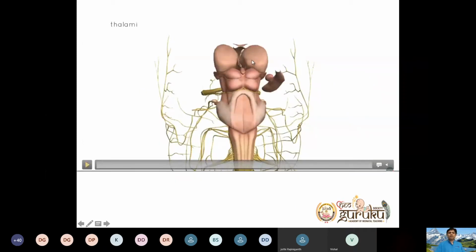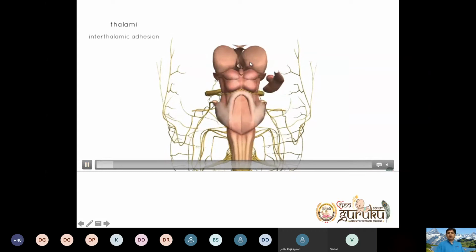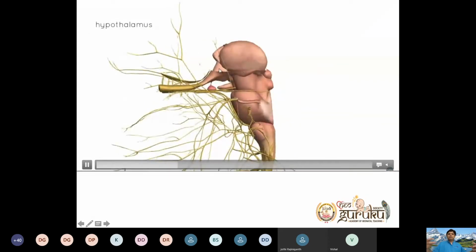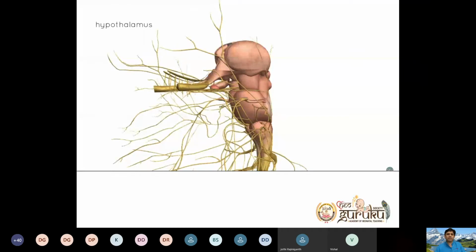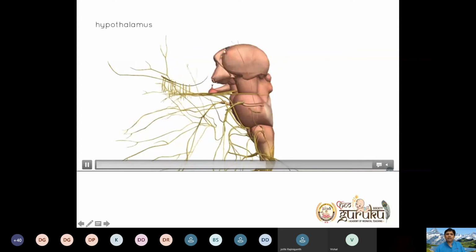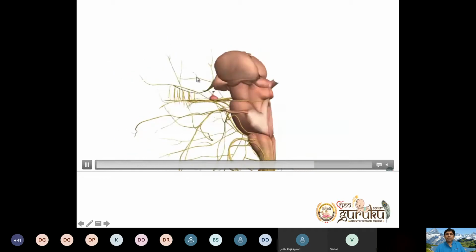This is the other video which I was talking about. This is your thalamus. In between thalamus, you have your third ventricle. You can see the interthalamic connection. So it pierces the third ventricle. That I'll show you in the ultrasound section when we take it. This is your hypothalamus, what I'm showing with the arrow now. Then you can see a small gland hanging. This is your pituitary gland. This is your thalamus. This is your hypothalamus. This is your pituitary. So three relationships you can see.